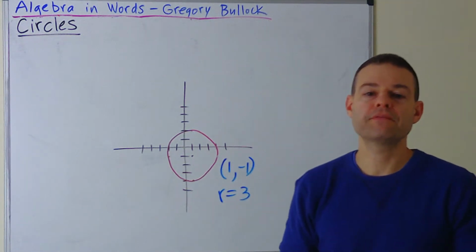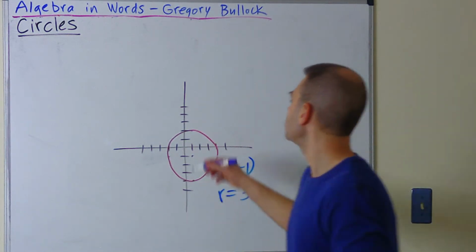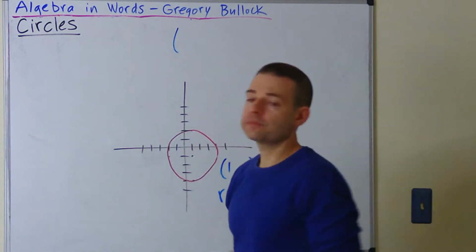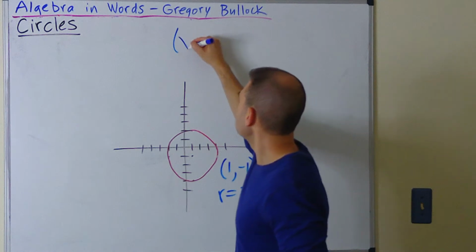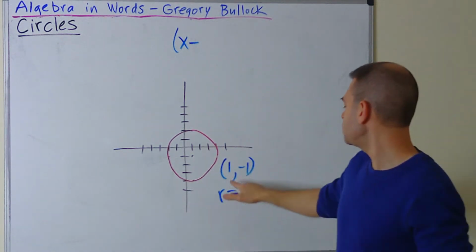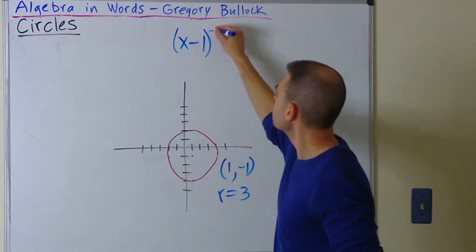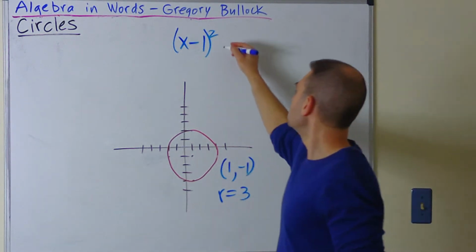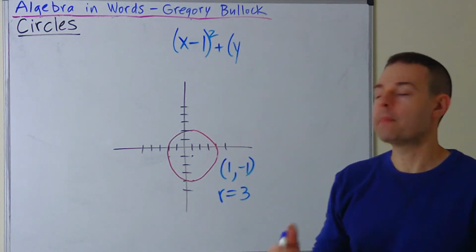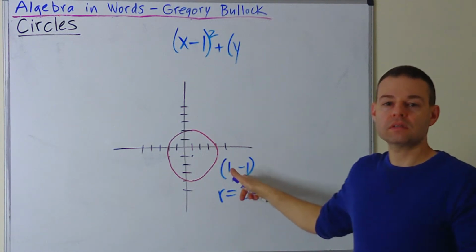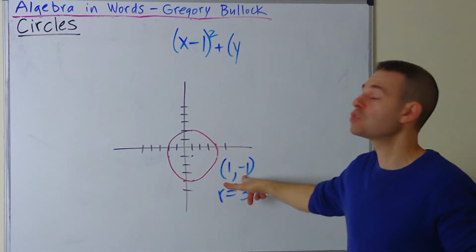And now let's take that information and put it into the standard form equation of a circle. Let's do that up top. Let's make the parentheses x. Now, it would normally be x minus h, and since this is positive, we can put that 1 in here and square it. Plus, parentheses, y. Now, normally we would do minus this, but since this is negative, minus a minus, we'll then put this in as plus 1